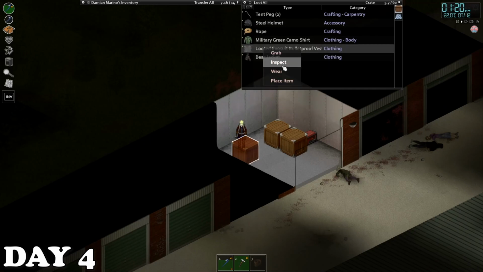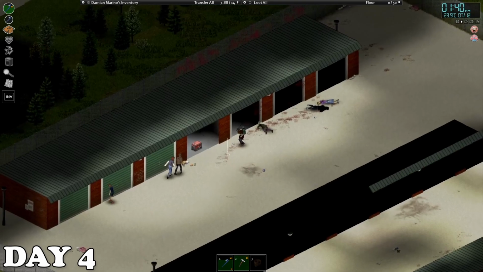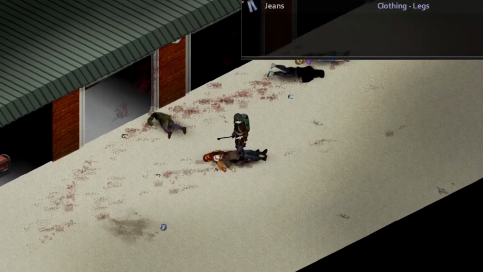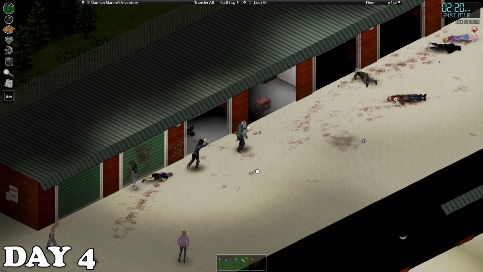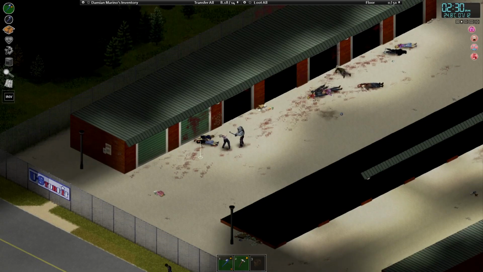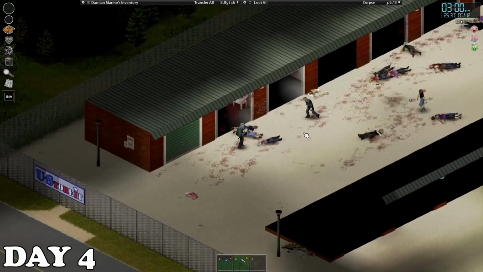And in this box I found a vest and a steel helmet. My efforts were starting to pay off. Took care of some more zombies and found more good loot. Took care of a bunch more zombies. And afterwards I took a break and ate some food. Killed a bunch more zombies